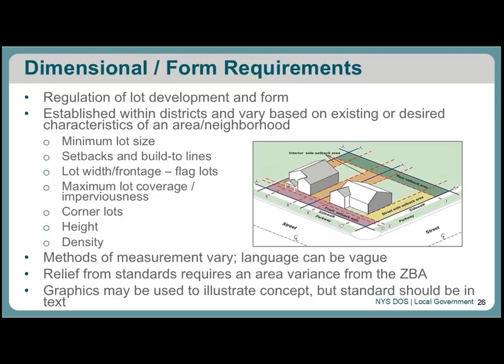Or as Paula pointed out, there may be two separate maps covering the same material and with a different set of zones. But again, that mapping framework usually drives a lot of these standards. So it's things like minimum lot size, setback requirements, so that buildings have to be set back a certain distance on a property, or there might be build to lines requiring that buildings be built to the property line.